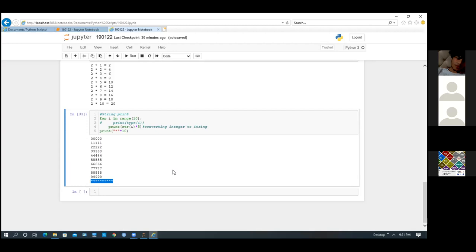Suppose in a cinema hall, you can accommodate 50 people at most, and at the time of entry you need to check how many people there are. In that case, when you are defining the range beforehand, a while loop is a much better option.